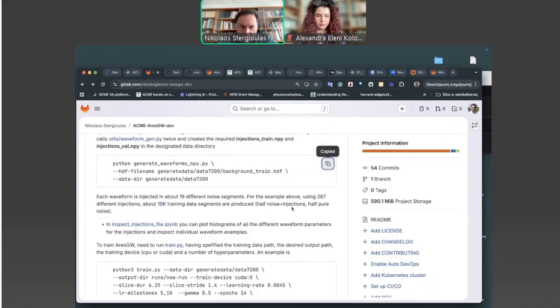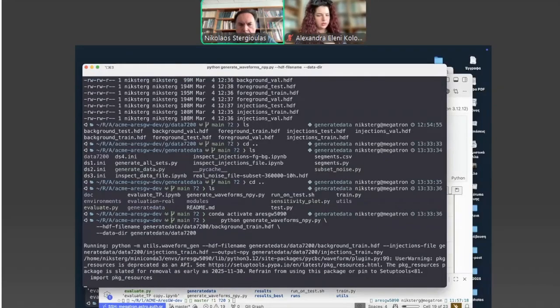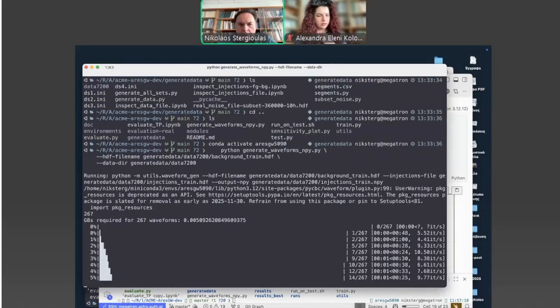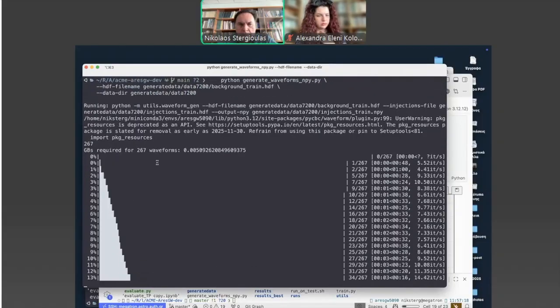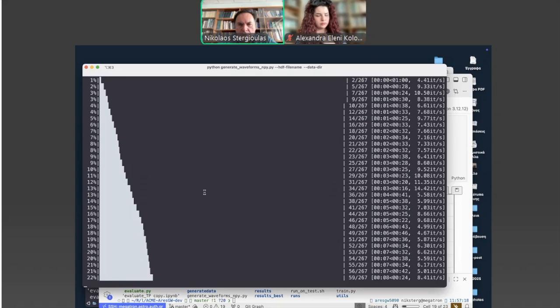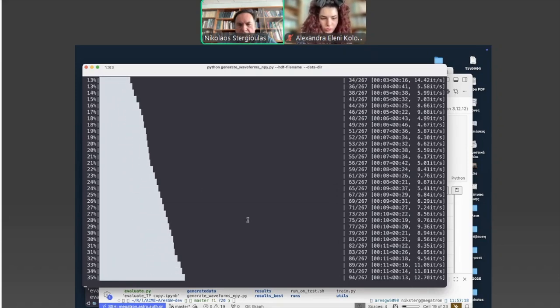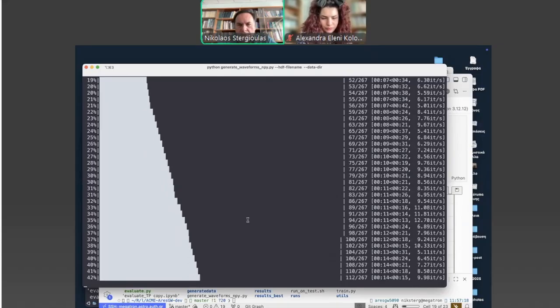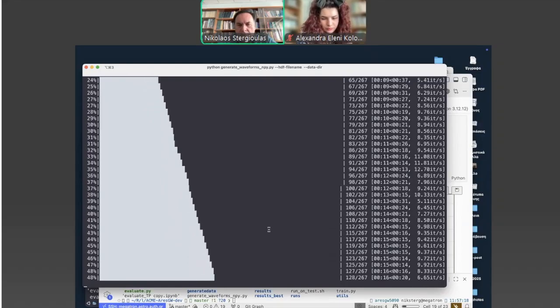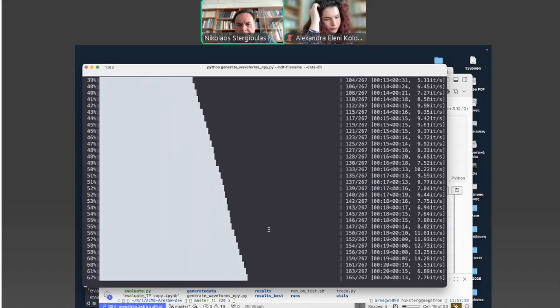So let's try this here. Okay, and so here you see this script generating 267 waveforms. It runs relatively fast, so we can wait for this.